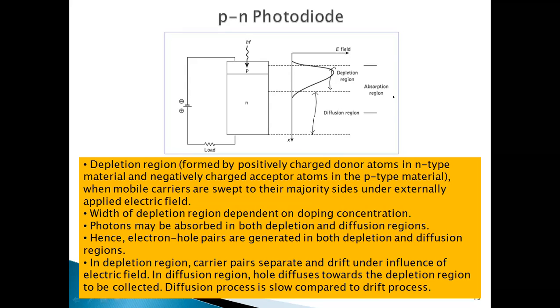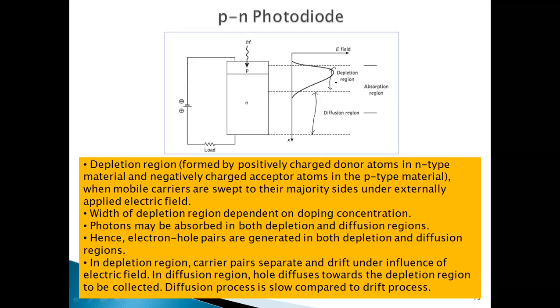So for this particular PN photodiode, the absorption region will not be only on the depletion side, but also consists part of the diffusion region. Okay, so that is for the case of PN photodiode. So as what we have learned previously in part 2 of lecture 9, we know that depletion region